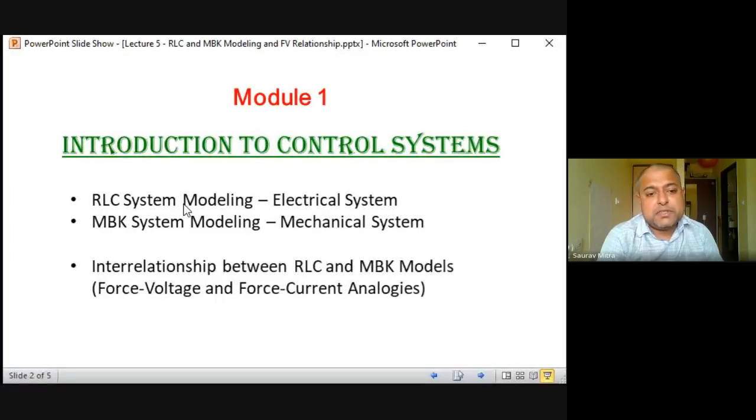The denominator of the transfer function is called the characteristic equation. Whatever polynomial is found at the denominator of the transfer function, that equals 0. That is the characteristic equation. That is the most important equation for any system, because from the characteristic equation we can find the position of